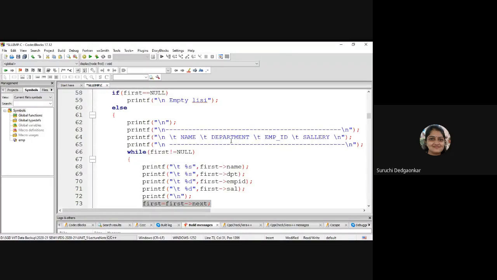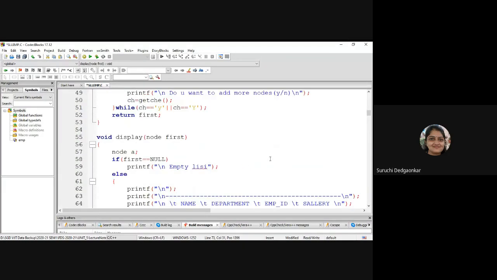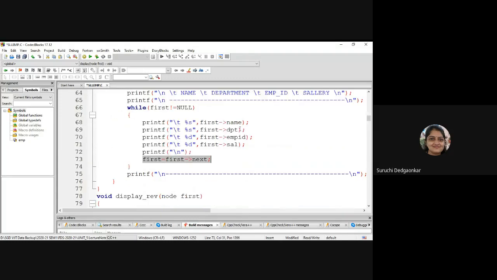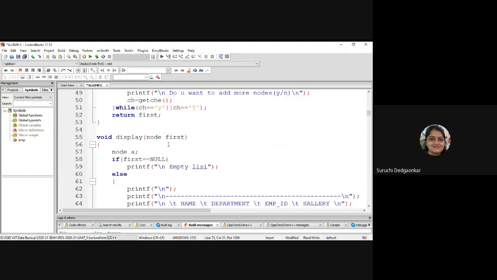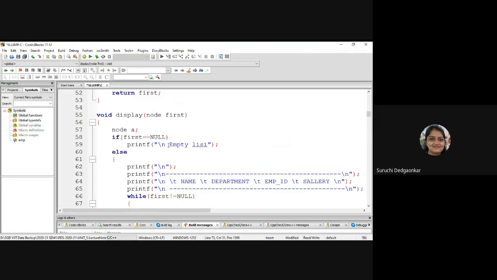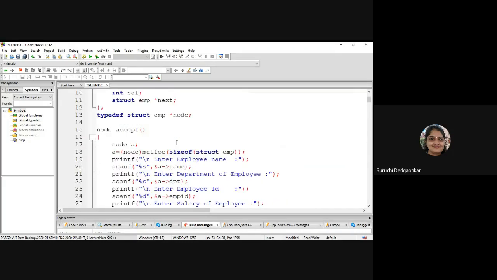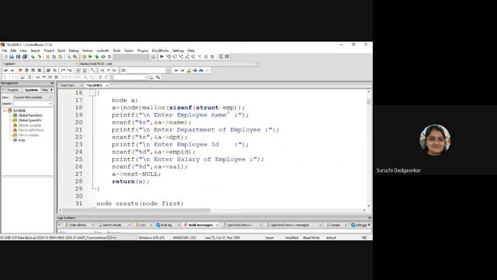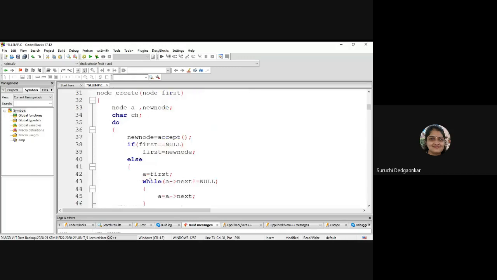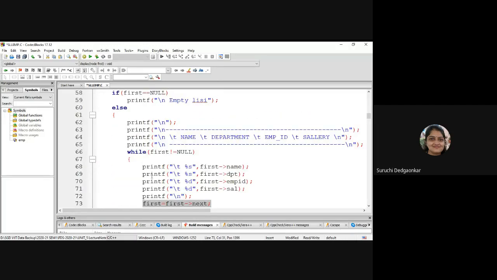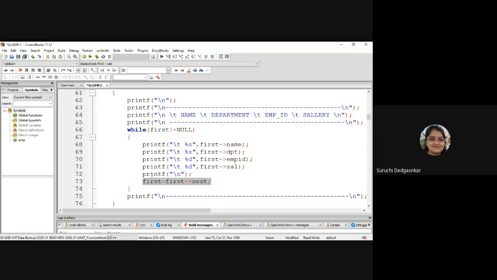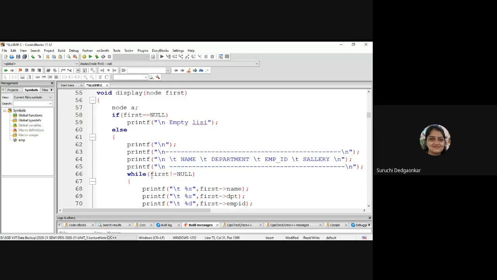Okay, do these three options. Among the three options, these two are the options, insert end and traverse, but this function is required for inserting the node. Before you insert, you have to create a node. Memory allocation, taking data, initializing the next pointer. Okay, so do this much, then we will see the next functions. Otherwise, even if I explain, you will not understand anything. Okay. Unless and until you implement these things on your own.